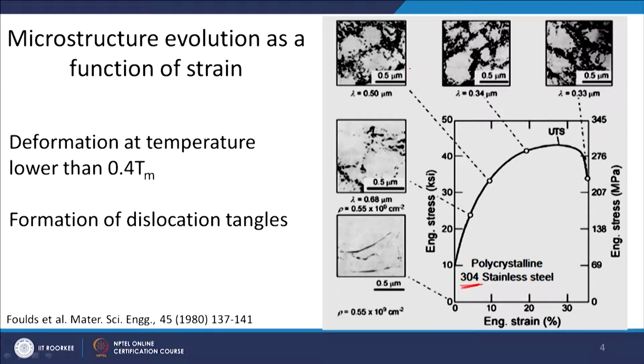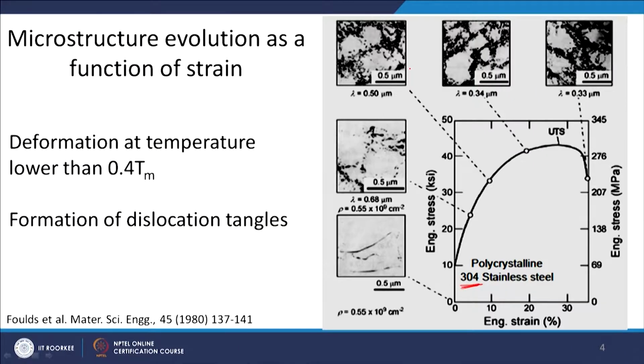Please remember that this is not a high temperature deformation. This is a room temperature deformation, that means low temperature deformation. So a lot of the processes which happen at high temperature are not going to take place here. But deformation will always be either through dislocation or twinning. Usually the most usual process is through dislocation generation and dislocation movement.